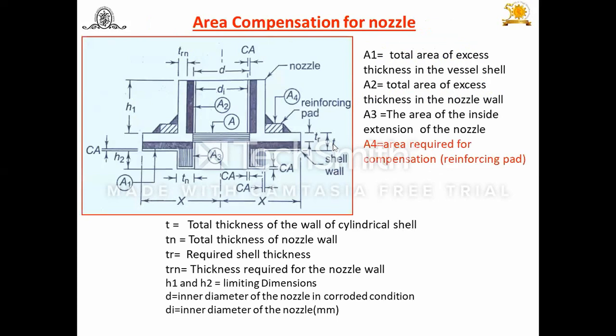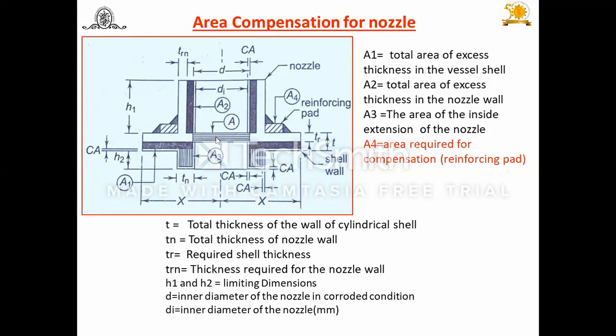Look at this opening now. You will find it's a nozzle. Give attention towards this arrow or cursor. Below this part is nothing but a pressure vessel, and it's an opening. So this opening is a nozzle. Again, this lower part is a pressure vessel or cylindrical shell. And here, total A is written. This area is removed to fit this nozzle to the cylindrical shell.